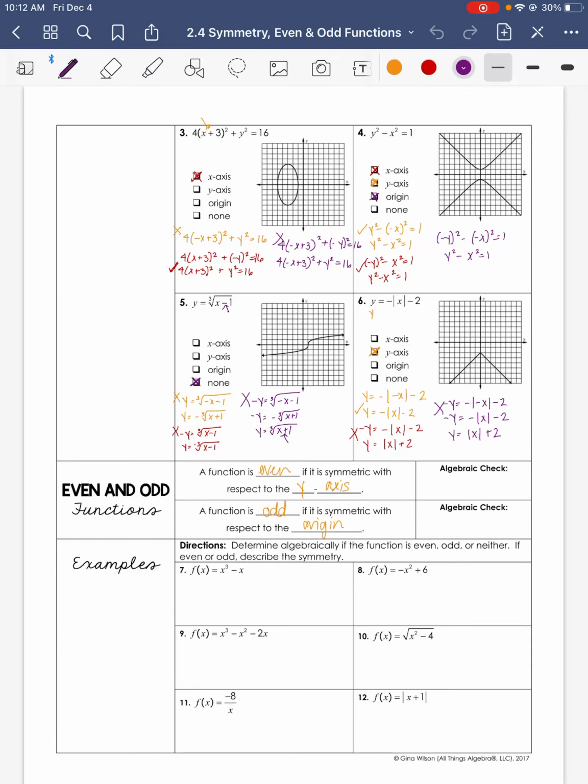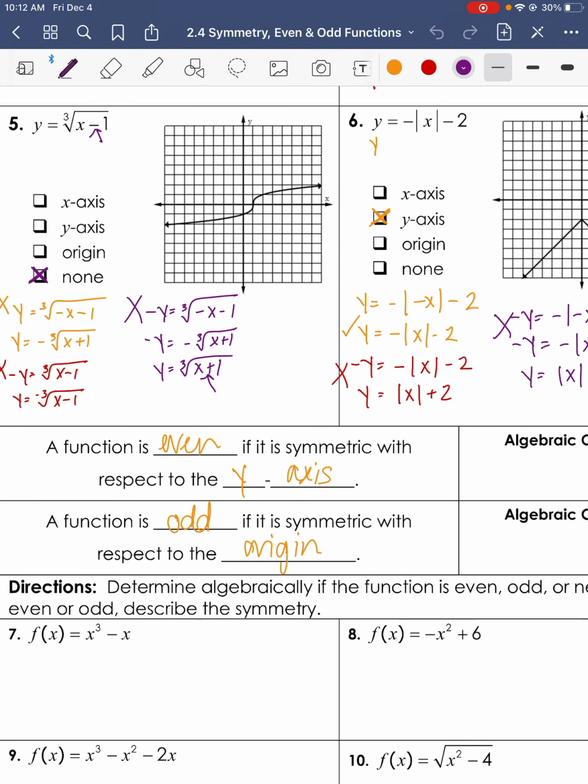Okay, so moving on to even and odd functions. The tests for these are going to seem very, very similar to the symmetry test, but it's just a little bit different. So let's first talk about what an even and odd function are. A function that's even is symmetric with respect to the y-axis, and a function that's odd is symmetric with